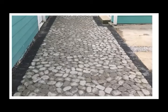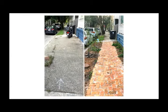This permeable pathway is using a unique cobblestone paver in its design. These homeowners replaced their old impermeable sidewalk with an ADA-compliant permeable sidewalk. The bricks are not mortared in and are instead set in sand. You can also see that they added a rain garden next to their house and in the right-of-way with some